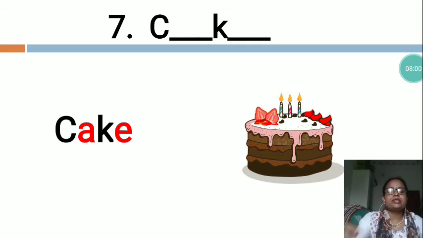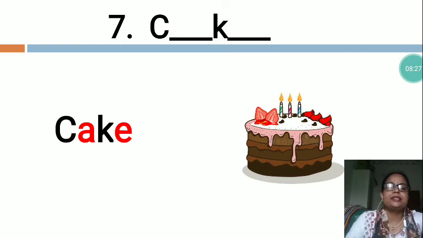So dear students, cake is a sweet baked food made of flour, eggs, sugar and flavoring. Cakes can be made in the form of loaf and layers. It is a flat, round portion of food that is baked. We use cake to celebrate any special day like birthday, anniversary, any special day.